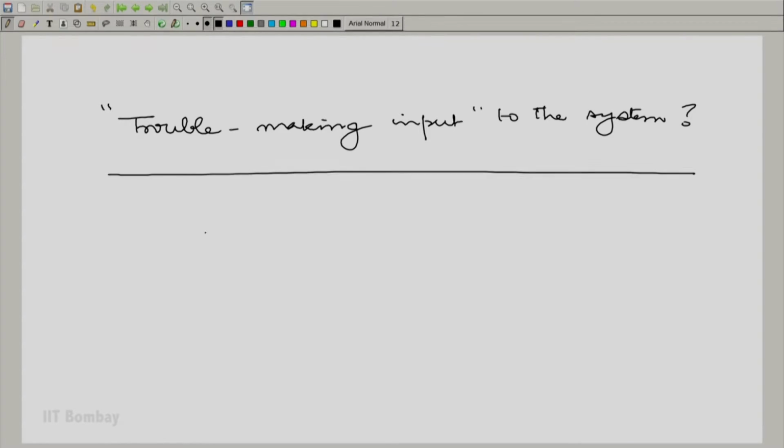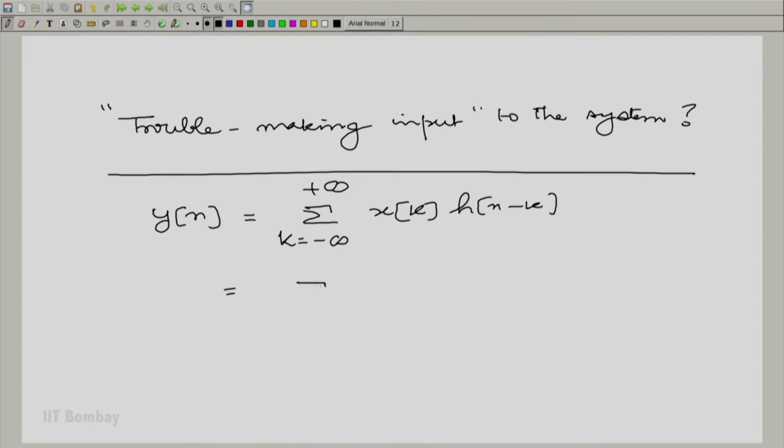Let us look at the input-output relationship. We said that the output, let us take discrete time first, that is easier to understand. So y of n is the summation over k going from minus to plus infinity of x of k h of n minus k, where h of n is the impulse response, or vice versa. Now, the way we arrived at that input was to try and force y of n to be bounded